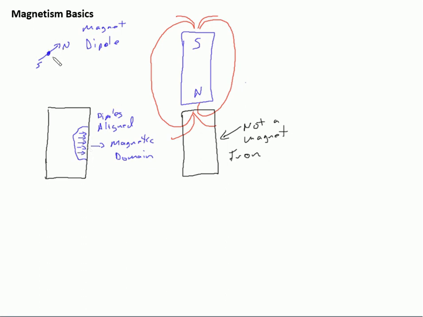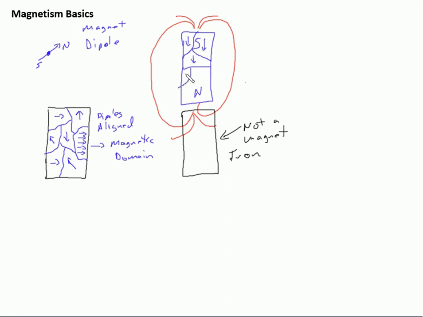So we have dipoles, that's your smallest magnet. If you get a bunch of dipoles all lined up in a region within this piece of iron, then that's known as a magnetic domain. And so you may have multiple areas in this piece of iron where all these domains exist. I'm just drawing one arrow in each little domain, showing the magnetic orientation or alignment of each of these dipoles. So this is not magnetic as a whole because these domains are not lined up with each other. If we looked inside an actual magnet like this one we have here,